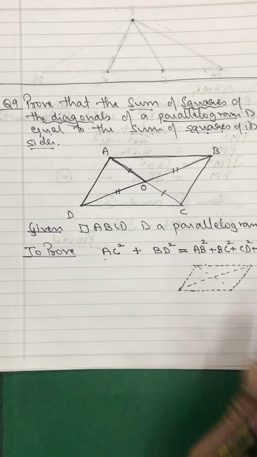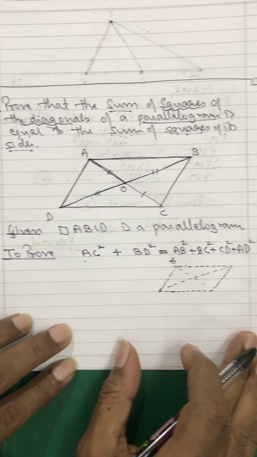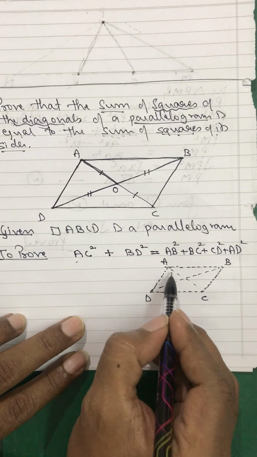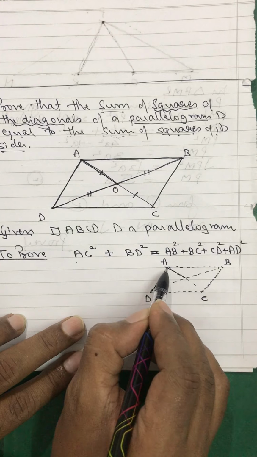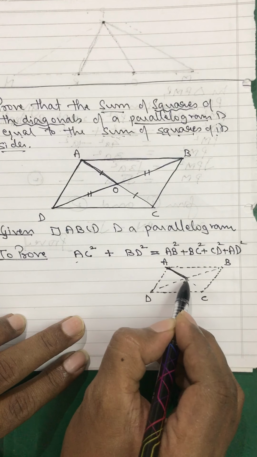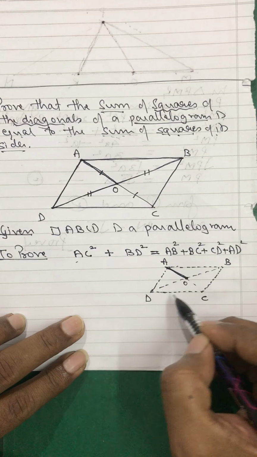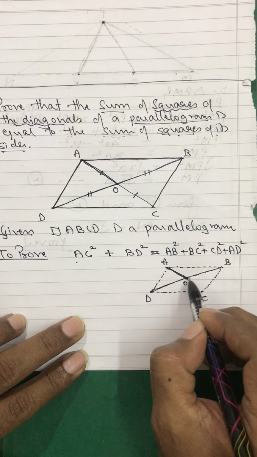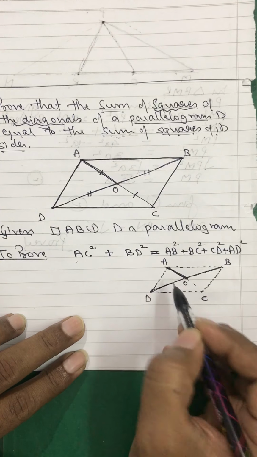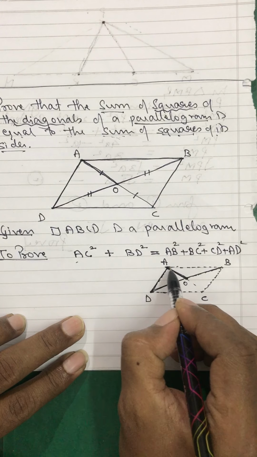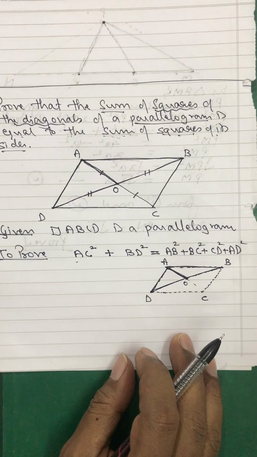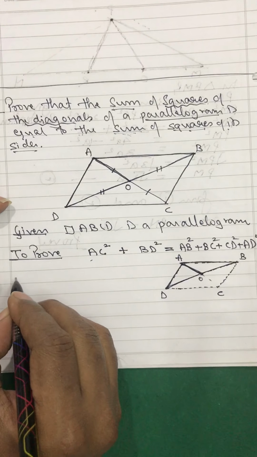You are going to use only this part. This is your A, B, C, D. This is your median because O is the midpoint of DB. So DB is going to be your base and AO is your median. So your triangle will be ADB. In this triangle, first of all, you will have to write,